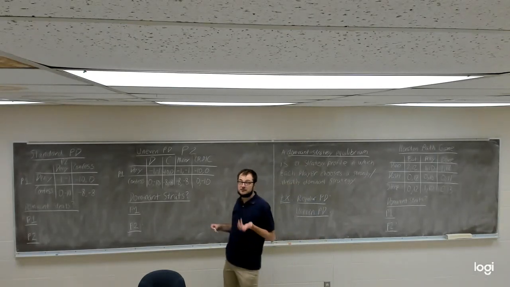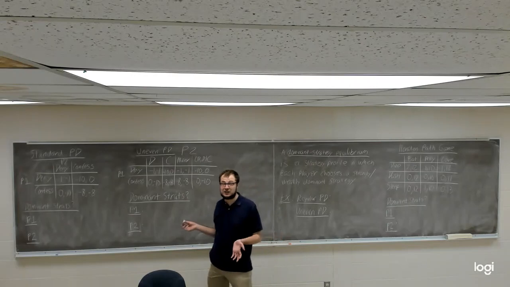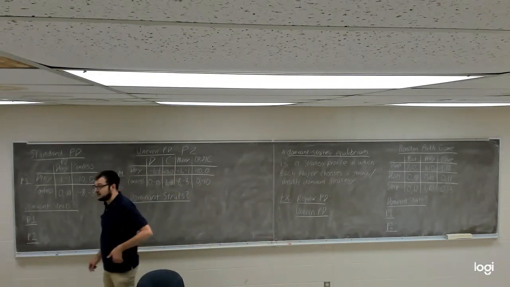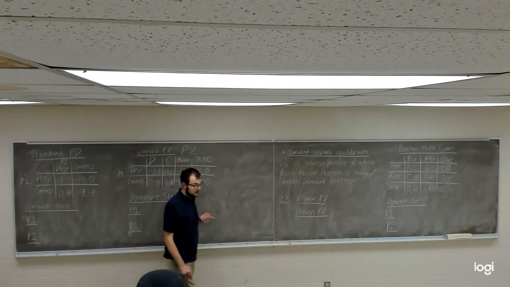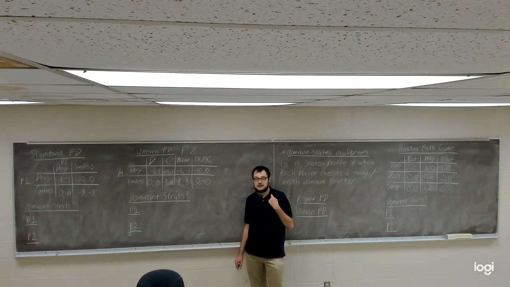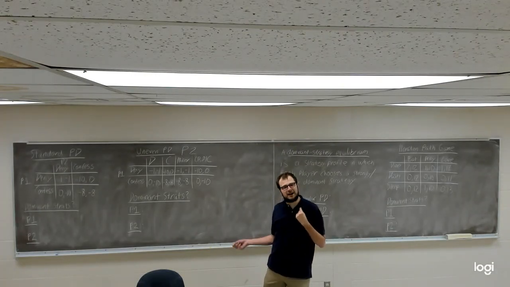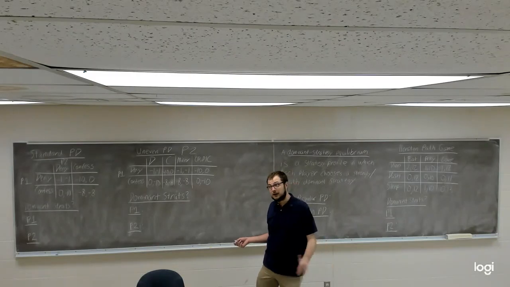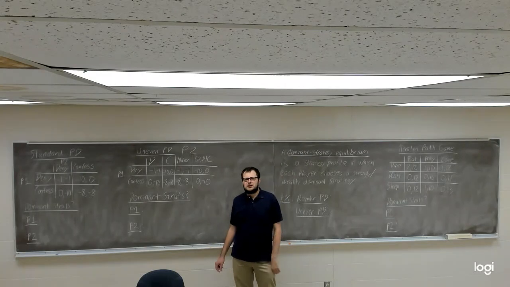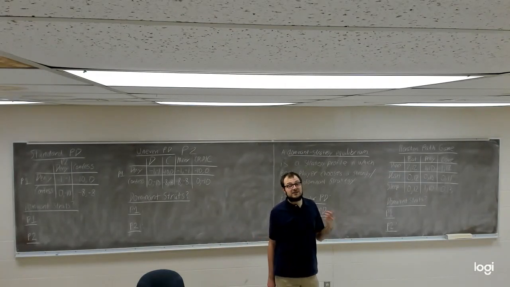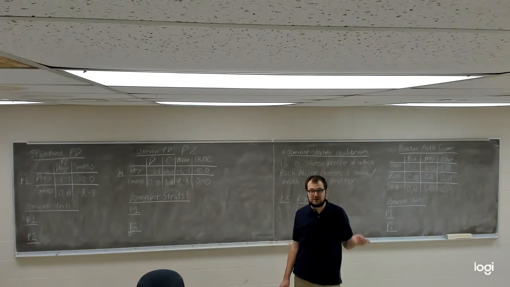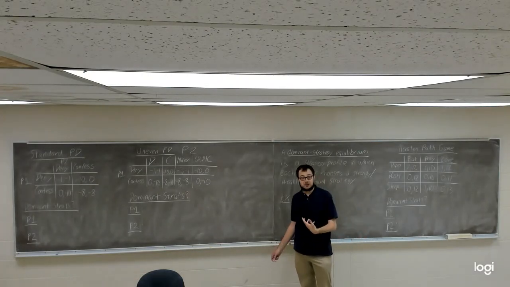So let's pick up where we left off last time. This is towards the back of the dominant strategies packet, for those of you following along in the packet. Last time we defined two different types of dominant strategies. The idea of having a strongly dominant strategy for a player, where that strategy is always giving the strictly highest payoff in every possible circumstance. And also the idea of having a weakly dominant strategy, where your strategy always does at least as well as every other strategy, and there's always at least one circumstance where it does better.